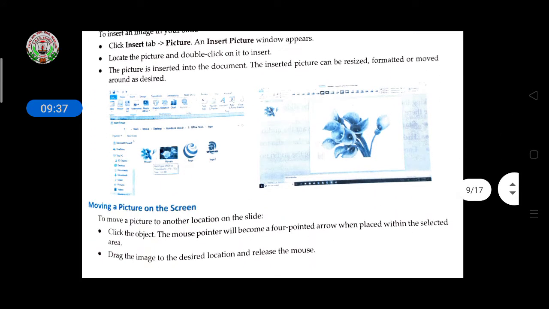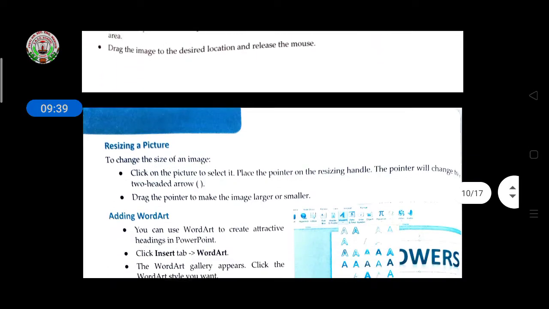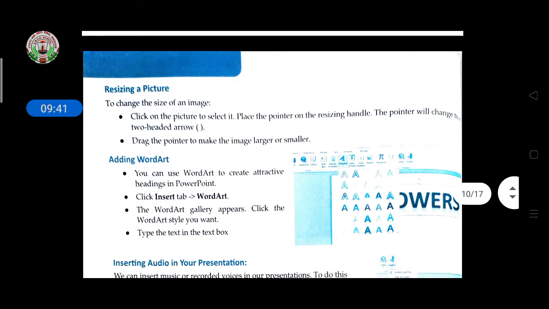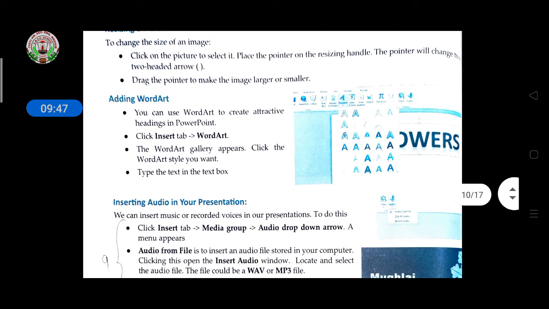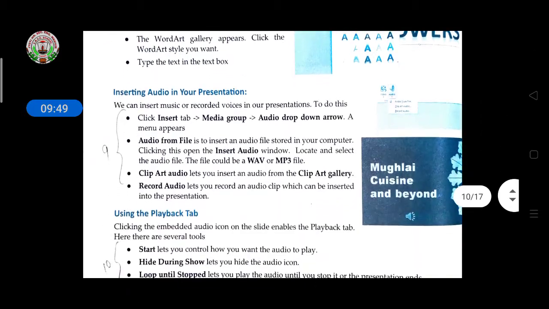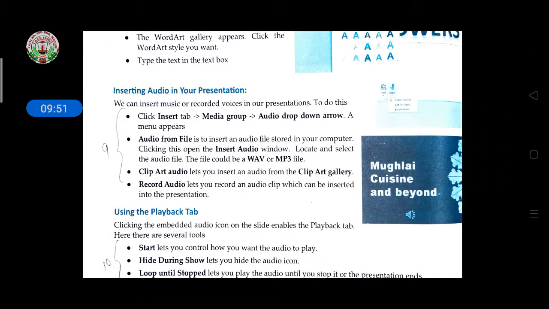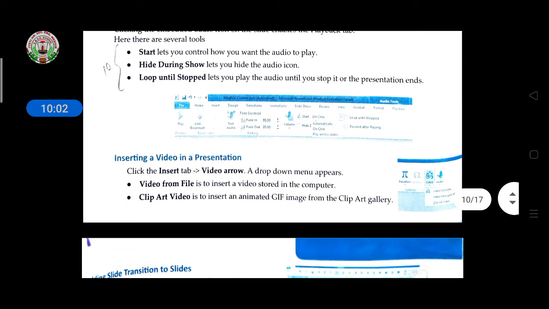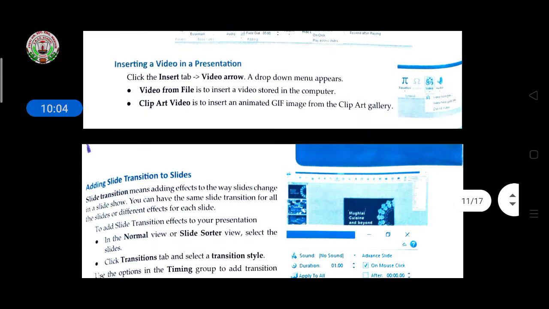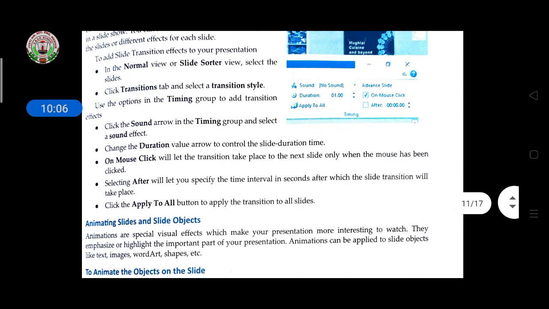Then insert image, the same formatting work as in the earlier chapter we discussed in Word. The same we are using here for the editing work of your slide. Then if you want to add audio and video, click on the Insert tab, and there the Media group is given. From there you are able to insert your mp3 and mp4. mp4 means the video, if you want to insert it in your slide.